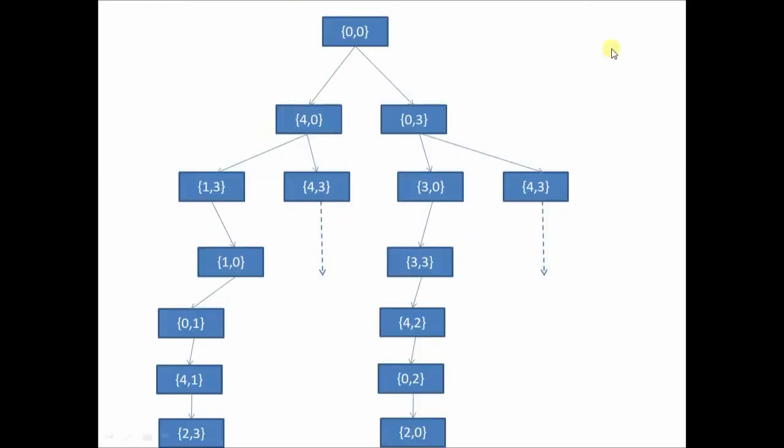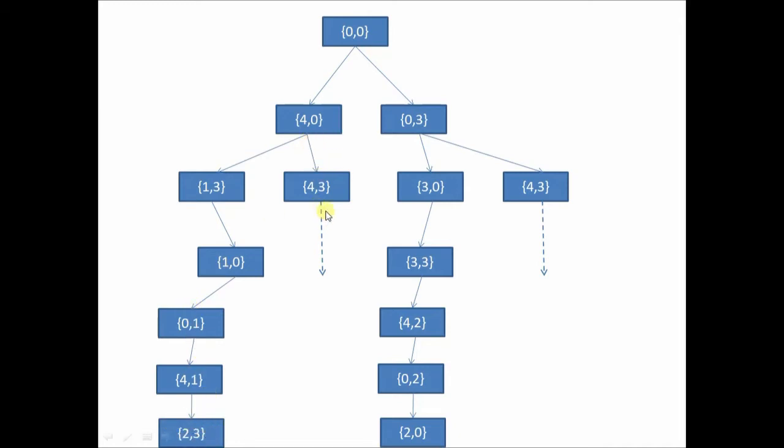So this is the state space for the water jug problem. Initially you see both the jars were empty. Now there are two ways you can approach, and we have seen both solutions. In the first solution, we proceeded by filling the 3-gallon jar to the fullest capacity, and this was the path, 1, 2, 3, 4, 5 steps to get this answer. Then in the second alternate solution, we started by filling the 4-gallon jar to the fullest, and these were the steps: 1, 2, 3, 4, 5, 6. You are able to get the answer in 6 steps.